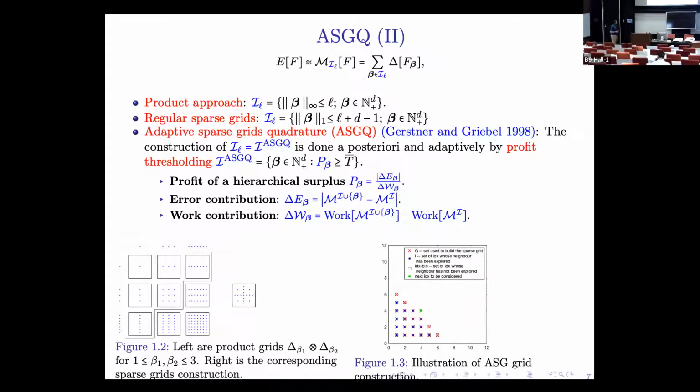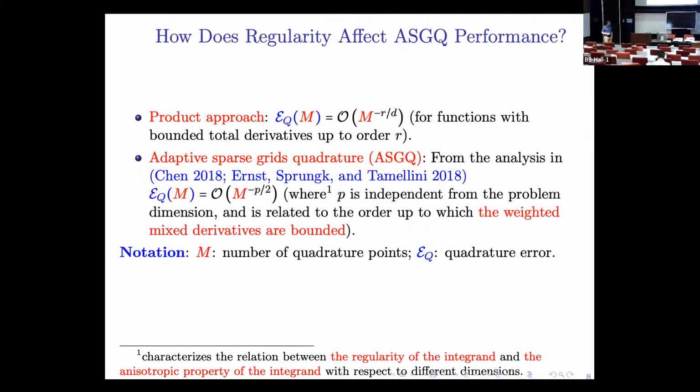How it works basically is, you start with a certain initial index and you look at its neighbors, and then you compute the profits of those neighbors, and you take the most profitable one, and then you repeat the procedure on the fly. So you do the same procedure until a certain stopping rule. All right?